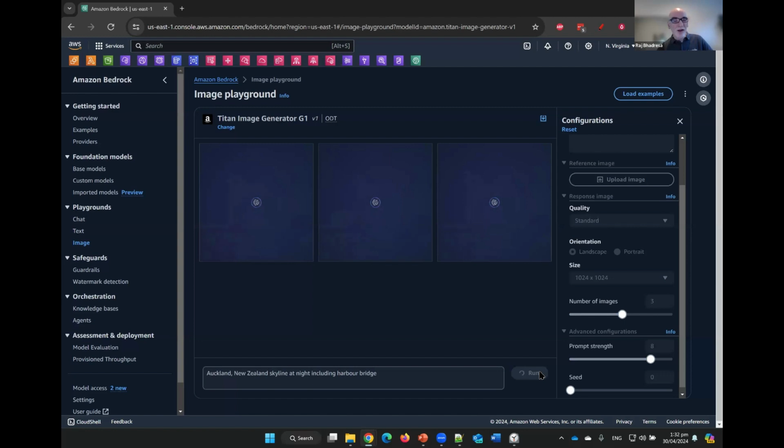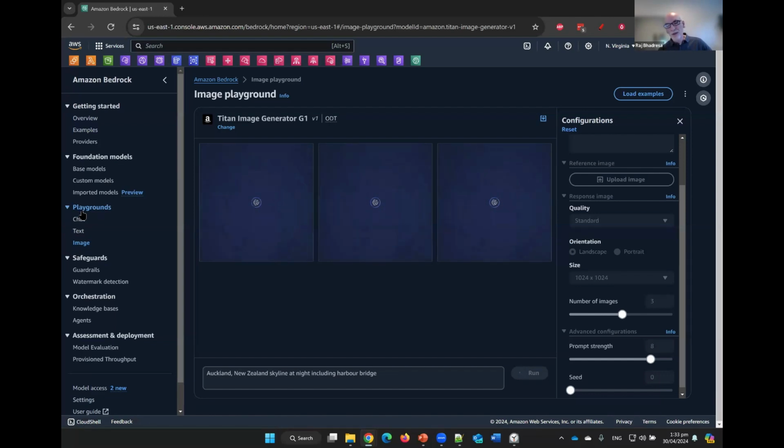It'll take a few minutes to generate, but you'll see how it can generate some novel content. And I'm doing something that's visual because it's quite nice and easy to see, of course, the visual generations. You may have done something similar, like generating pictures of cats or dogs or whatever has been your inspiration when you've used things like ChatGPT, for example. And as we can see, just while we're waiting for that to happen, these playgrounds are a good way of testing certain things within Bedrock. It doesn't have to be images, it could be text,